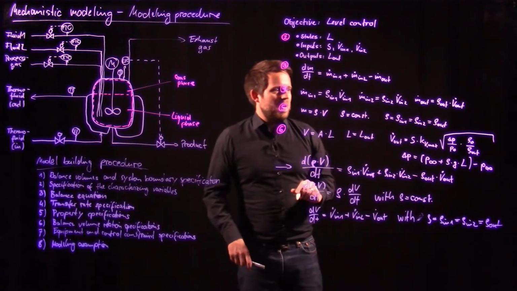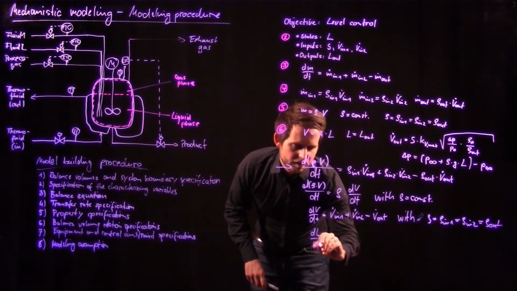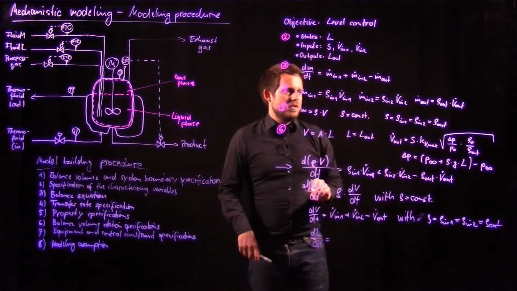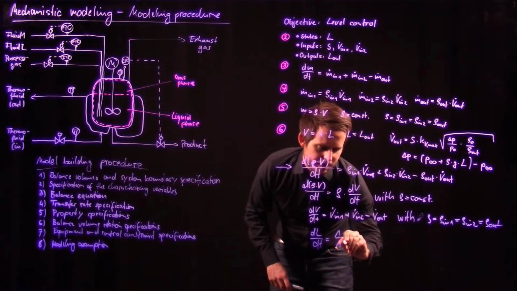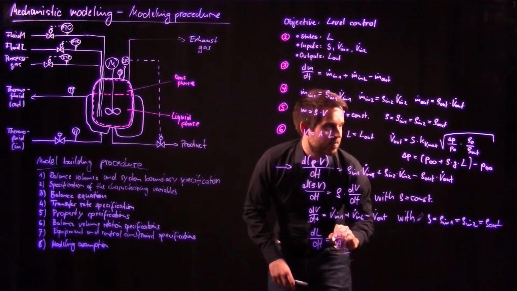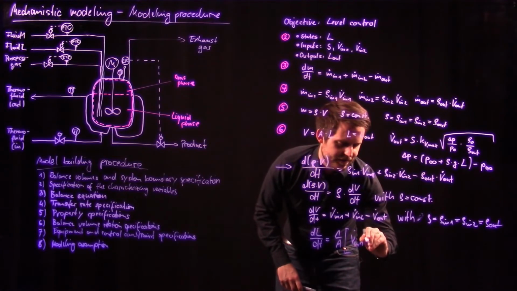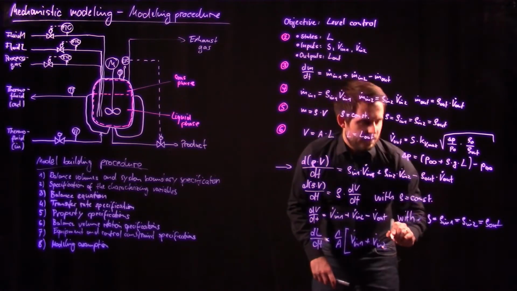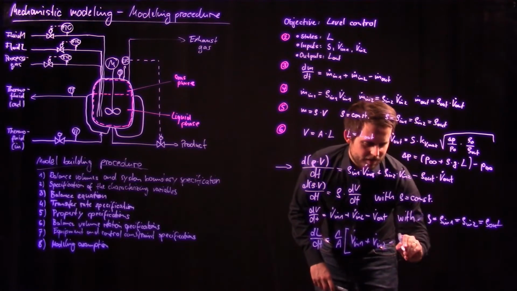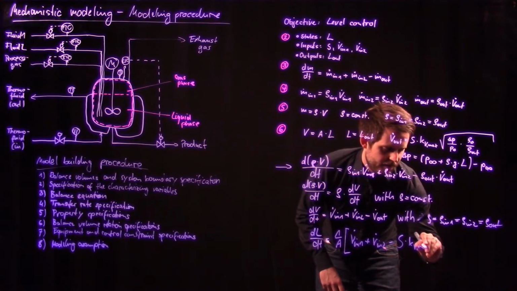Then you could come up with the following final equation, which is the differential over time of the level, equal to 1 divided by the area, times my input volume flows, which are disturbing my control, minus what I am actually capable of controlling, which is this valve,